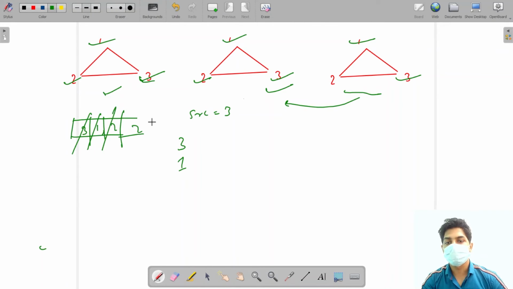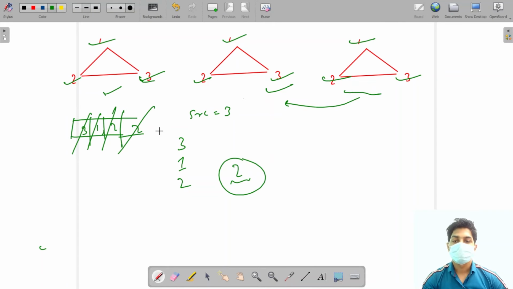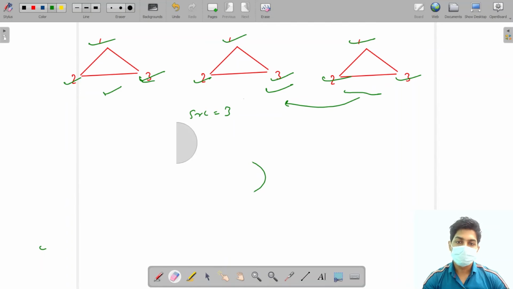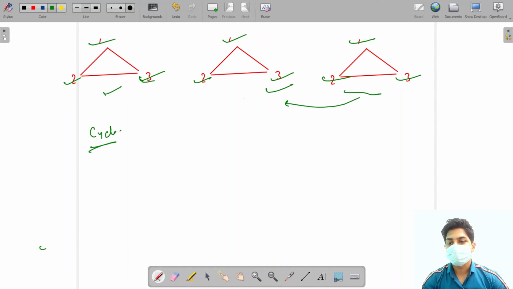Now we removed 2, marked 2 as visited, printed 2, and add the neighbors of 2 which are not visited. There is no such neighbor, so nothing will be added. Now again 2 will be removed. This time we are saying 2 is already visited. So our claim is true. What we will do is a breadth first traversal of the graph. If we are revisiting a visited node, that means there is a cycle.